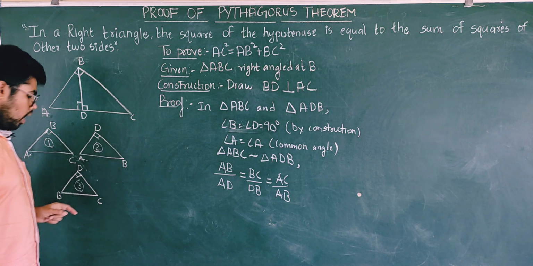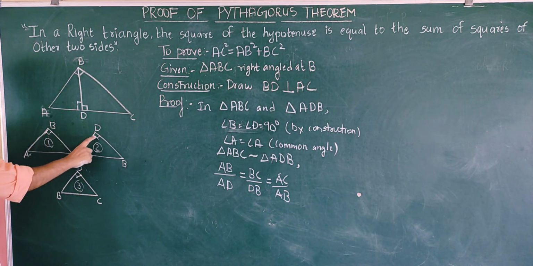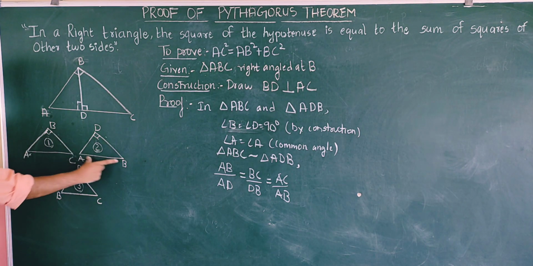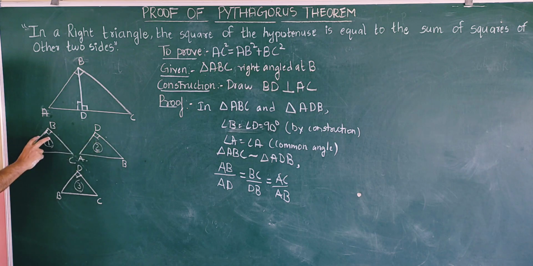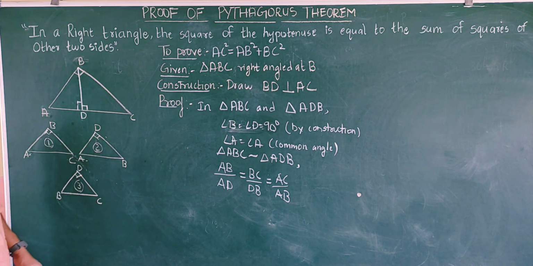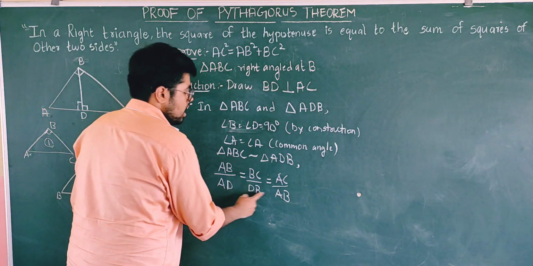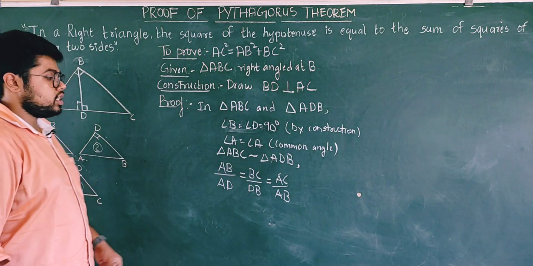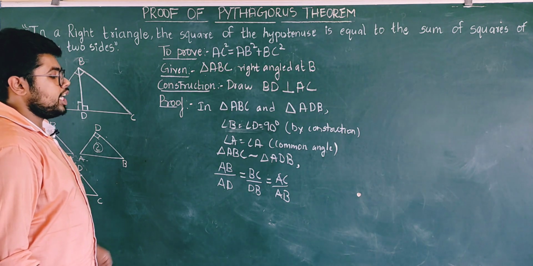Just see here how I compared this by this, and this by this. I can go and overlap on this. No, this is not congruent but similar triangles. You should compare this properly. Now if you see, I have three proportions, three ratios, but here I will take only two ratios.